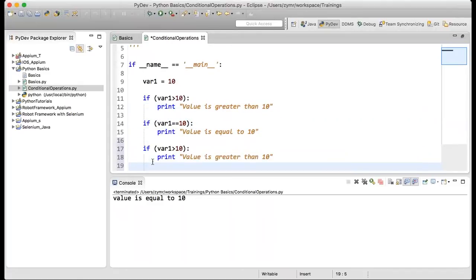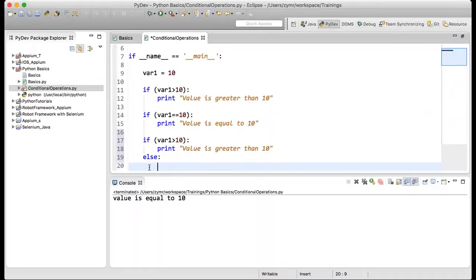So I will copy and paste this here. Consider this is again a different block. If var is greater than 10, no, then else is a statement, and then give a colon. Please don't forget this colon.